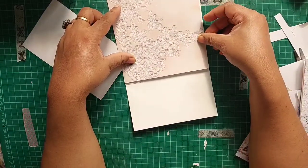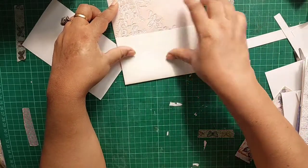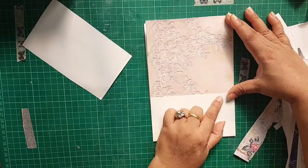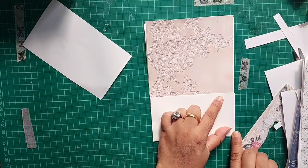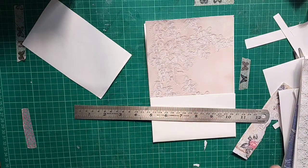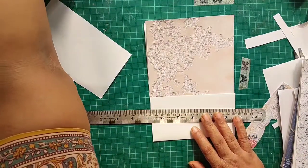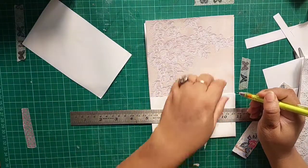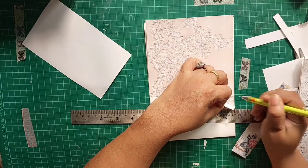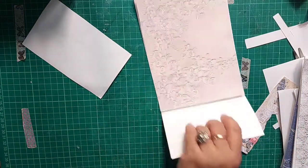and this is how I'm going to use it. Okay, but I don't need this much, so when I'm folding this, I'm just looking at this portion. I don't need this portion this much, so I'll just, I had a pencil somewhere, yeah. So this is how much I need. I'm going to mark it over here, and then